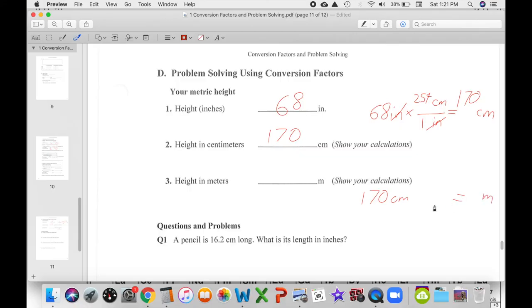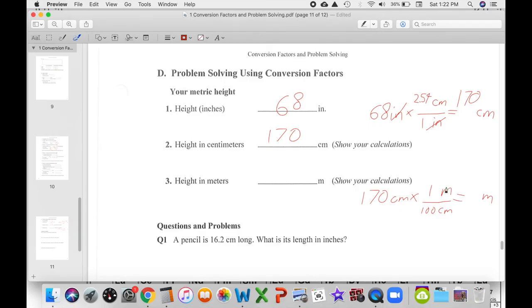And so you've got to ask yourself, am I multiplying or dividing by 100? Well, to determine that, we want to enter in our units and get them to cancel out. So centimeters over here is what we want to cancel out. So that's going to wind up on the denominator of our conversion factor, so that centimeters and centimeters cancel out. We want meters on the numerator because that's what we want our answer to be in. So as I pointed out earlier, 1 meter is 100 centimeters,